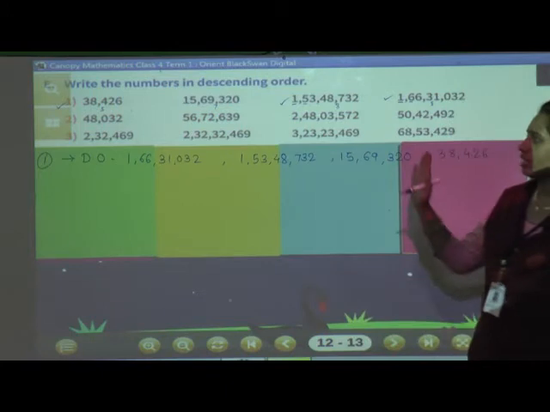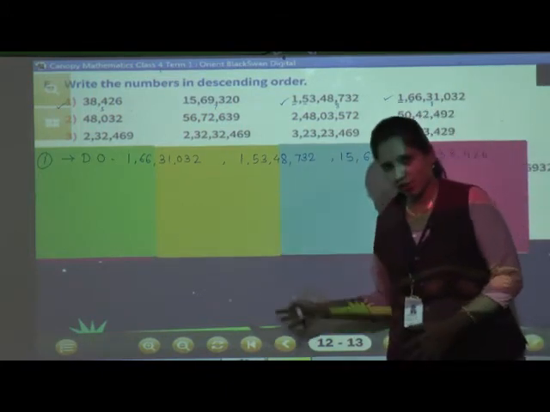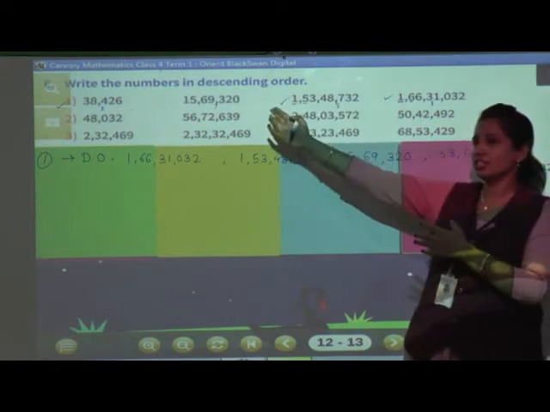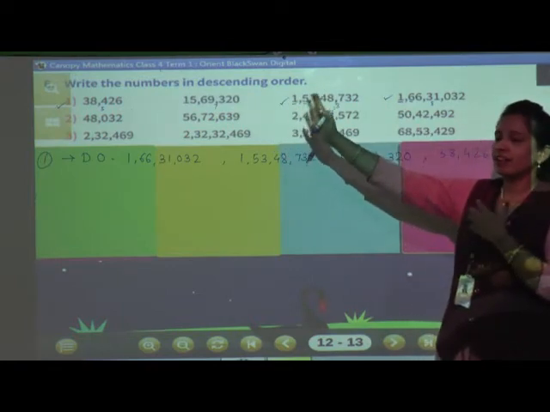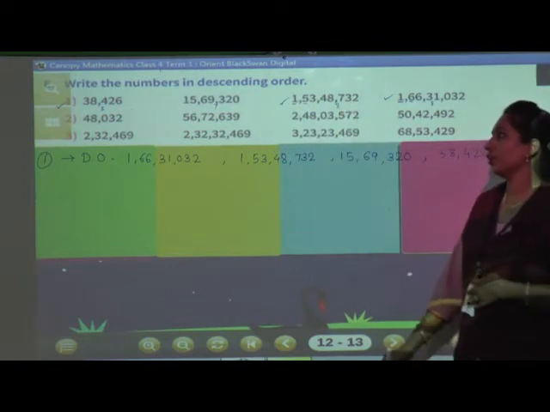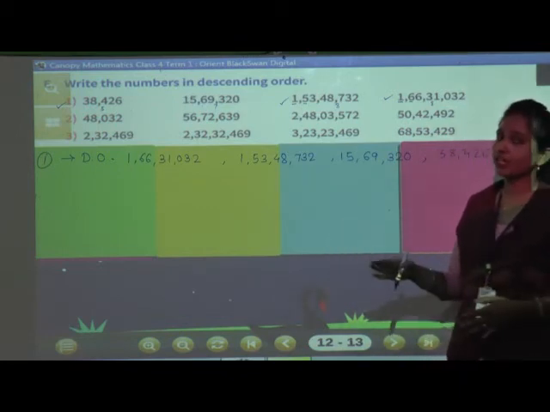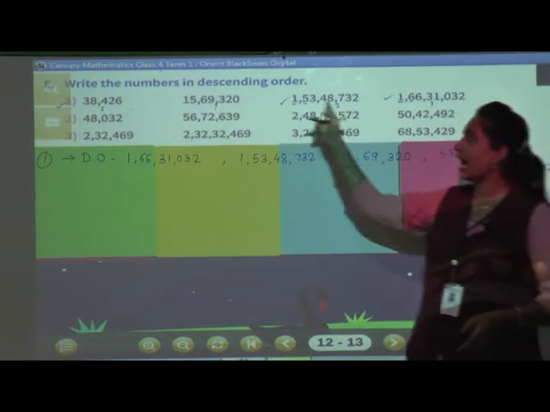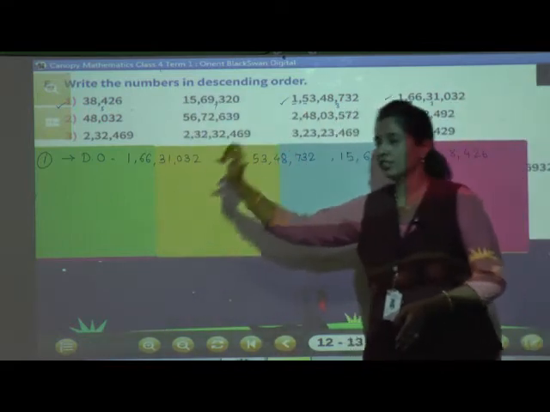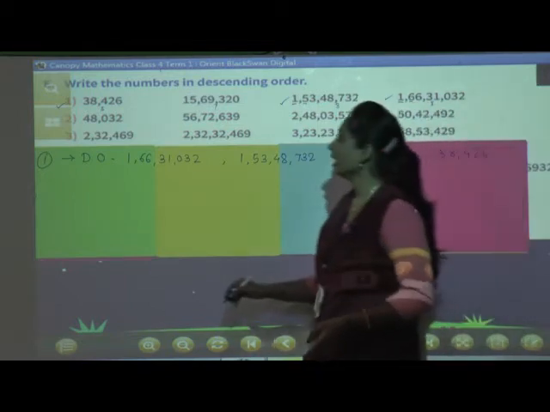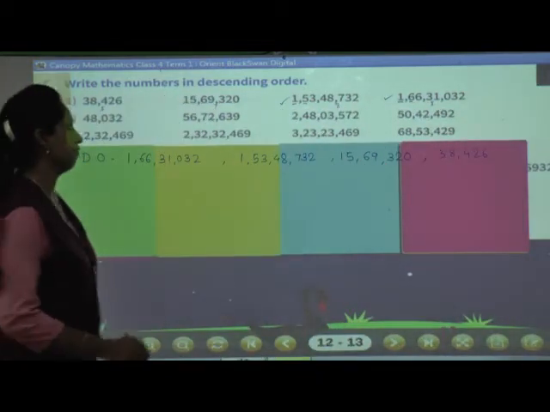Okay, what we are doing is only arranging the numbers from largest to smallest. Why? Because we are asked to write the numbers in descending order. Okay, so these numbers are very big. So what trick are we using? We are writing how many digits the numbers have. With the help of that we are directly solving. Okay, now I will solve one more question for you.